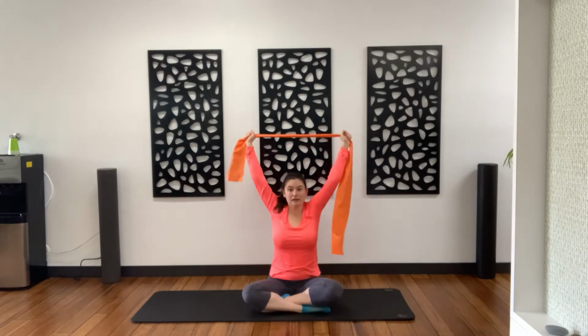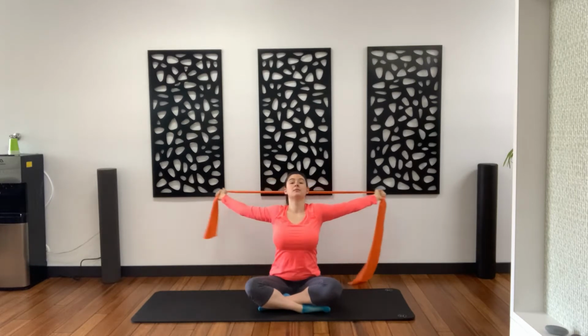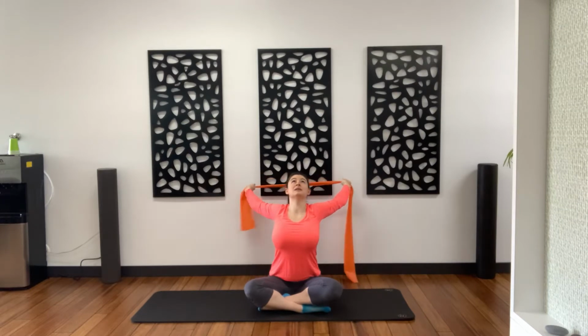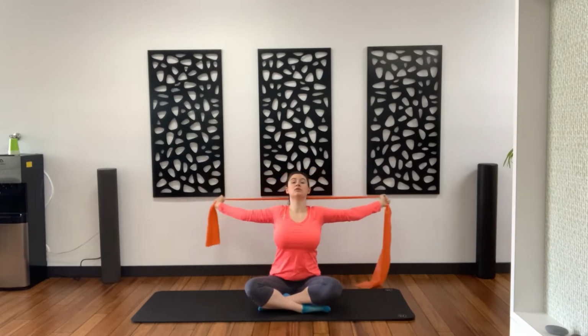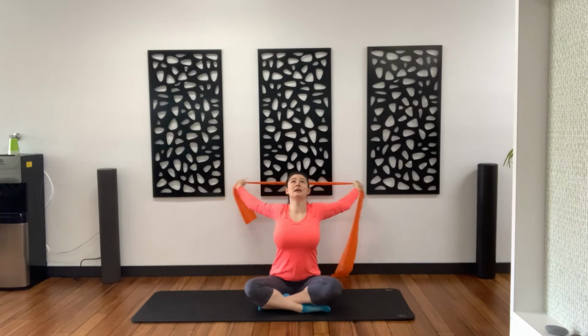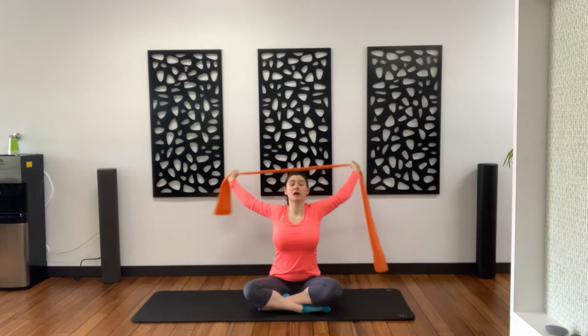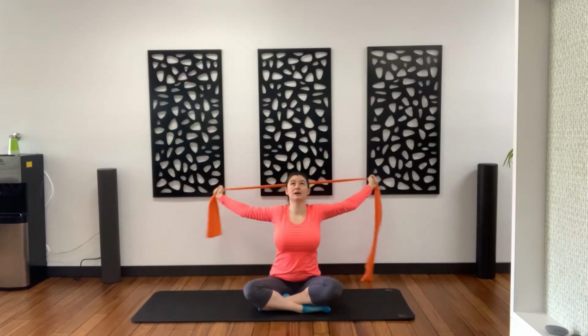Now, lift those arms up. You're going to hold up here, arching back. We're going to pull the band apart and release, and apart, and release. Keep arching back even further with each of these arm movements. And we have 4, and 3, and 2, 1 more time,